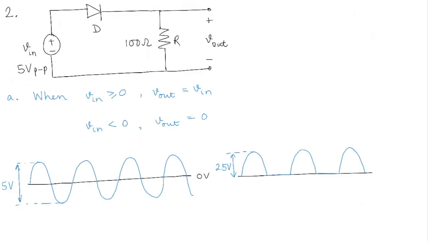Hi, we're going to look at parts C and D of the problem in which we need to find out the peak diode current and the average diode current. So let's go back to the circuit diagram and see how we can do that. So if we look at the circuit diagram here,